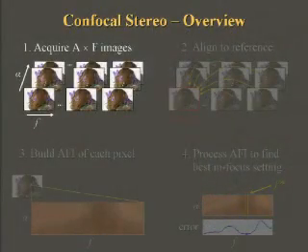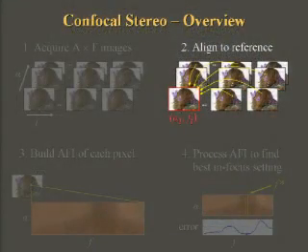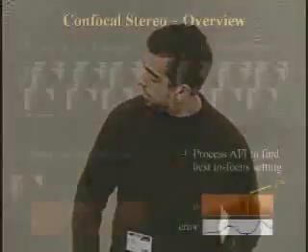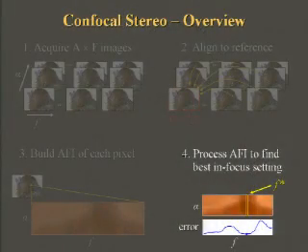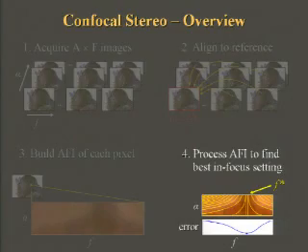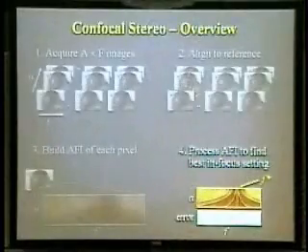There are 4 general steps in this reconstruction method. First, we acquire a 2D set of images by varying aperture and focus. We align them all to a reference image. We build an AFI for every single pixel, and then independently we process every AFI to find the best in-focus setting for that pixel. In the confocal constancy case, this amounts to looking at the columns within this representation for which the variance is the lowest. This gives us an error metric. We'll see later, though, that we can generalize this and find a confocal constancy metric more general to find an error function that fits the entire AFI.